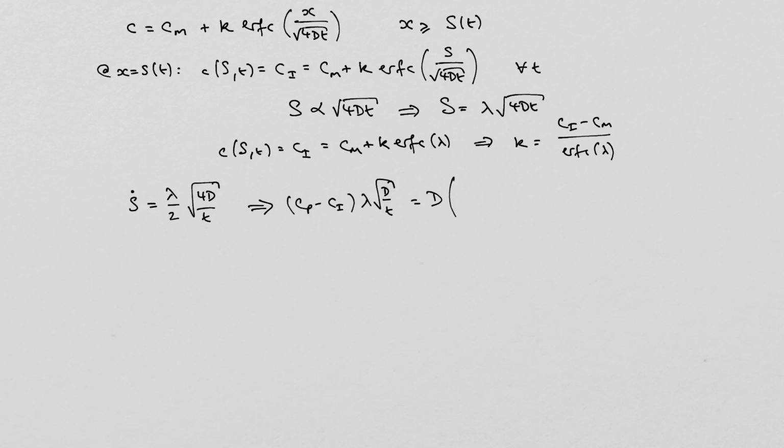So taking a derivative of this concentration, it's the diffusivity times K, which we found is C_i minus C_m over the complementary error function of lambda,